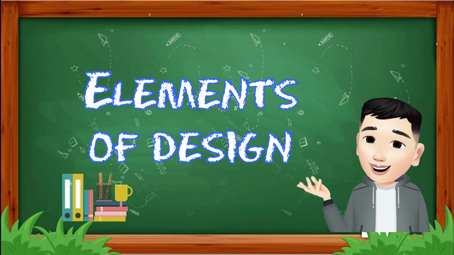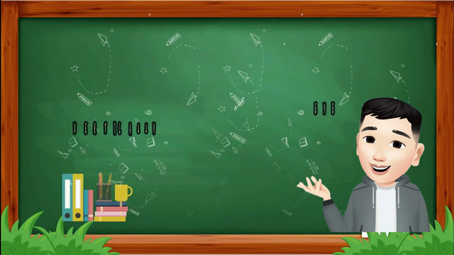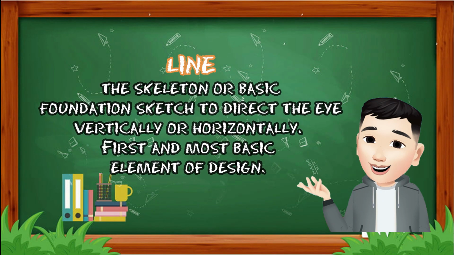So let us now discuss the elements of design. We have line, texture, and color. The first one is line. This is the skeleton or the basic foundation sketch to direct the eye